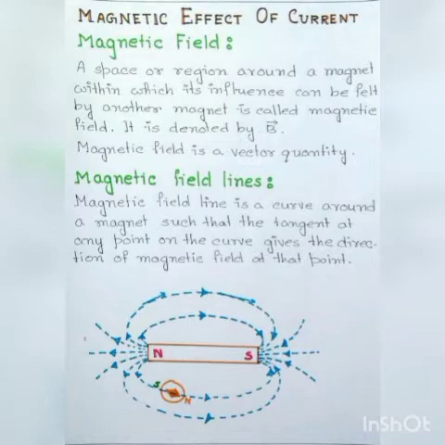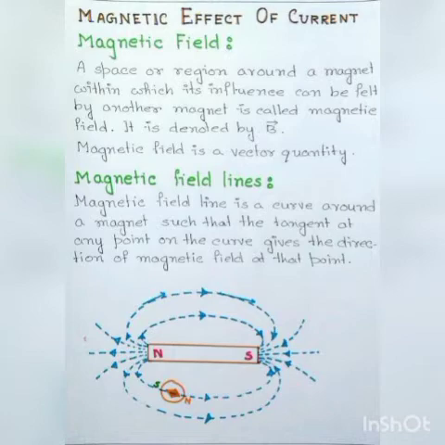Now magnetic field we can classify into two categories: strong magnetic field and weak magnetic field. Now what is strong magnetic field? If magnetic field lines are very close to each other in a particular region of the magnetic field, then the strength of the magnetic field in that region is very large or the magnetic field is strong. Now magnetic field near north or south pole of a bar magnet is very strong.